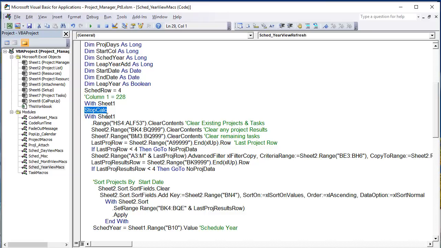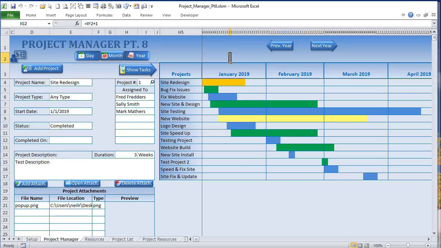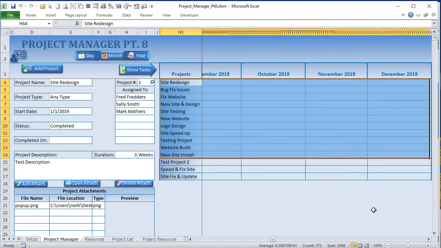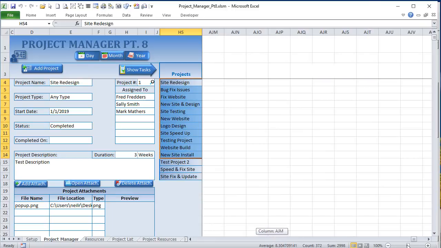Of course, this macro is going to turn the calculations to manual, screen updating to false, and enabling events to false. That speeds things up a lot. The first thing I want to do in sheet 1, HS4 all the way through ALF, I want to clear the contents, right? I want to clear any project starting here, HS4, all the way to the last, all the